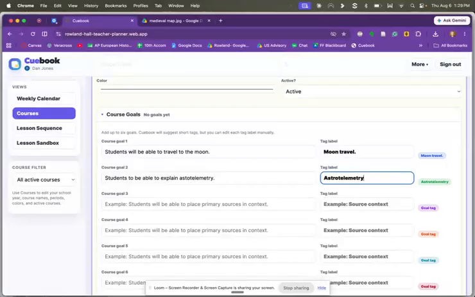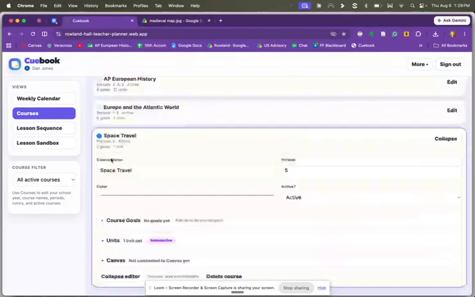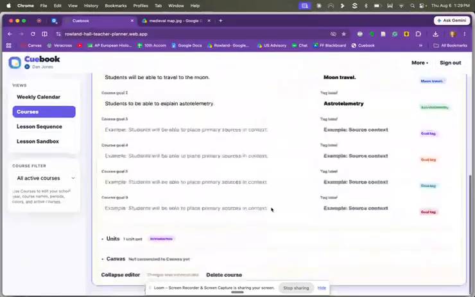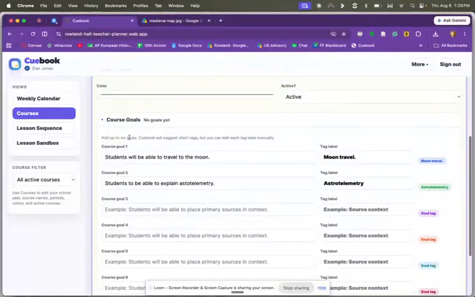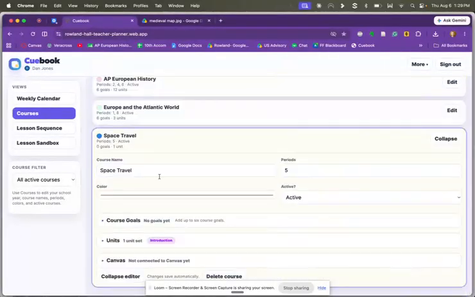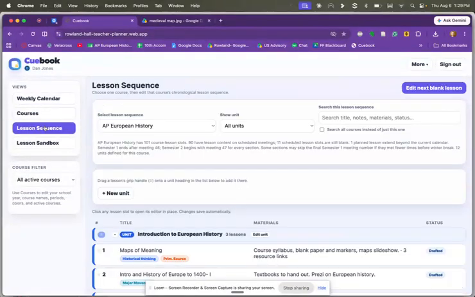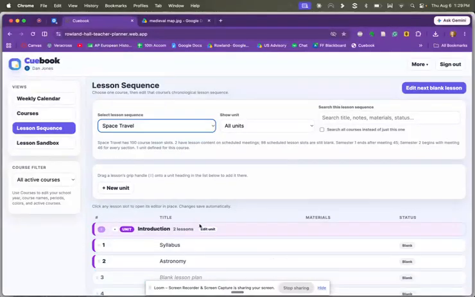Astrotelemetry. Okay, so I've made now 2 course goals. When I close that, you will see that, oh, why did it say no? Oh, I have to hit save, I think. No, it's right. Okay. Maybe I have to close the whole thing. If I go to my lessons for space travel,